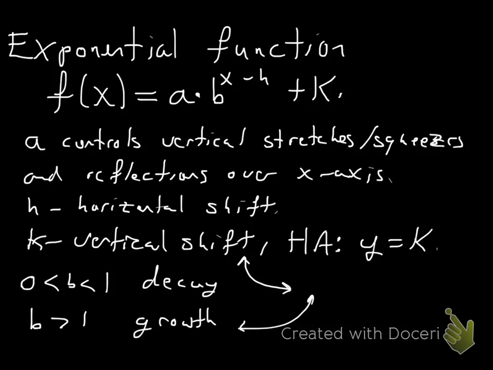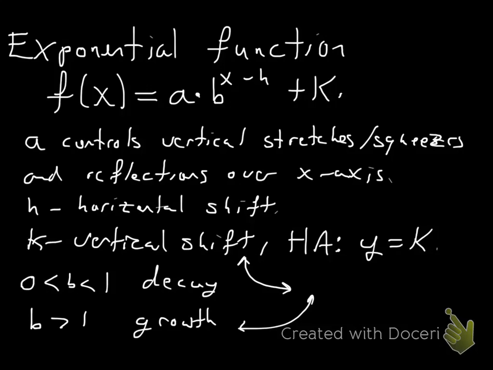Okay, we got a new parent function called the exponential function. f of x is equal to a times b to the x minus h power plus k. Like usual, a controls vertical stretches or squeezes, and it also will control reflections over the x-axis. h controls horizontal shifts left and right. k will handle vertical shifts up and down, and also